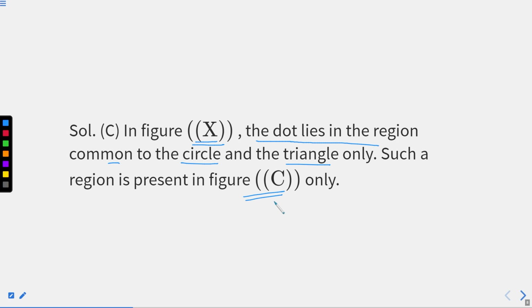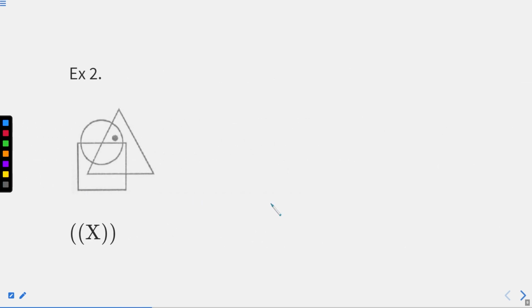Now, we'll move to the next question, which is a similar kind of question again with a single dot. So, how are we supposed to approach the answer? First, we look at how many figures are there. We can see a triangle, right? We can see a square as well and a circle, right? We have 3 different figures and the dot appears in how many figures? It is in the circle as well as in the triangle, right? And this figure is marked as X.